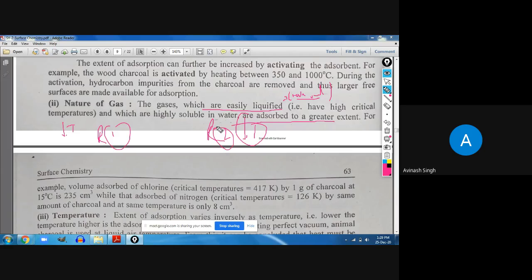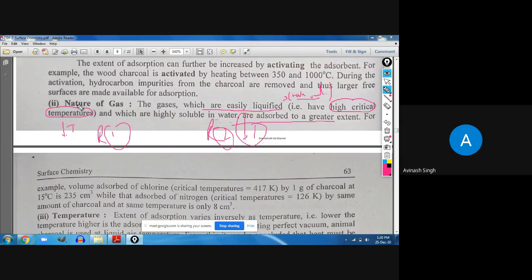okay? Does anybody know what this is? Critical temperature. These are all very important concepts. I can do it fast and shorten everything, but does anyone know what the critical temperature is? Above which it cannot be liquefied. Correct. So if the critical temperature is high, what does it mean? It is easy to liquefy the gas. Do you get this connection? So a high critical temperature means the gas is easily liquefied, which means the gas is more real, so adsorption will be